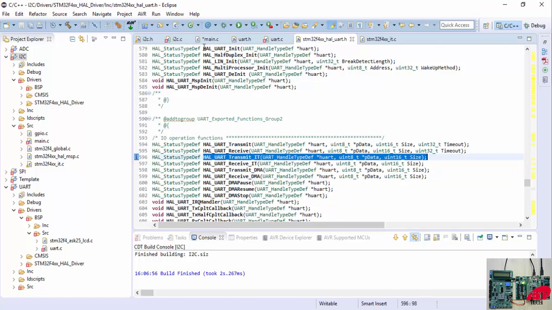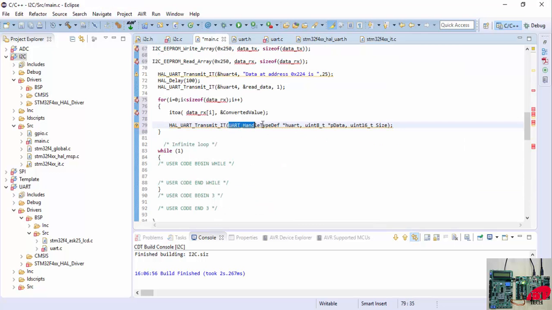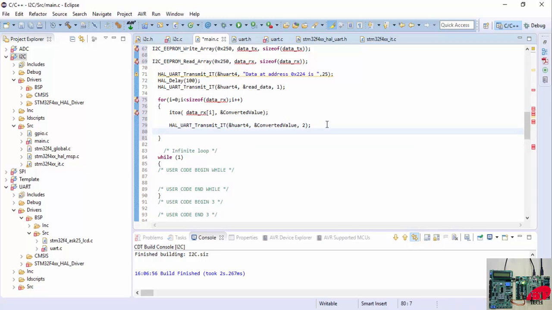So I will copy this and paste it over here, and let us set the first argument, that is the handler, and we will use UART4. Okay, then the data. Now what is the data? So it is our converted_value, right? So just copy this converted_value and paste it. Then the size of the converted value, which is 2, right? Okay, now let us provide some delay, that is HAL_Delay 500,